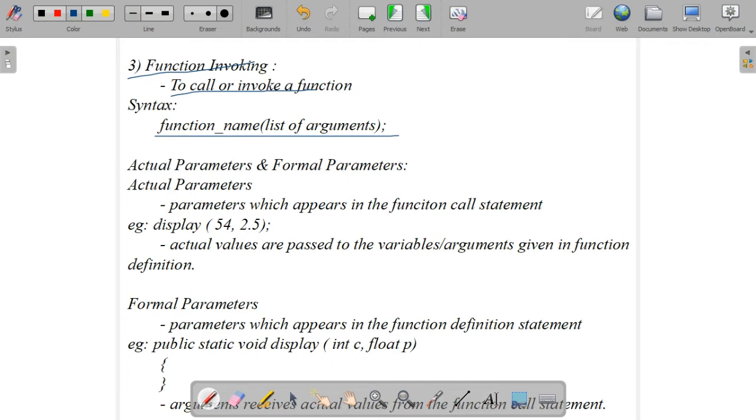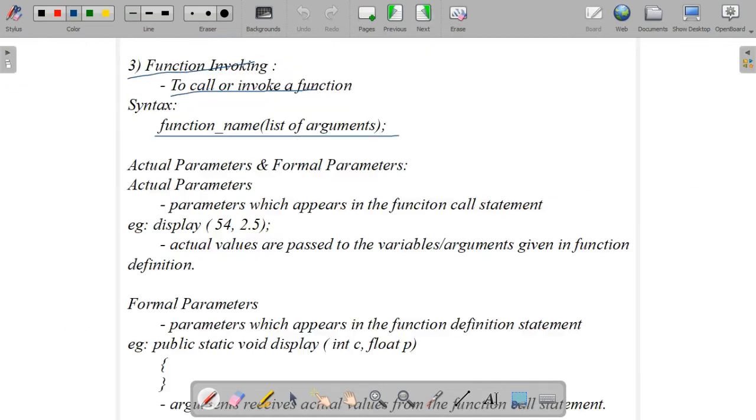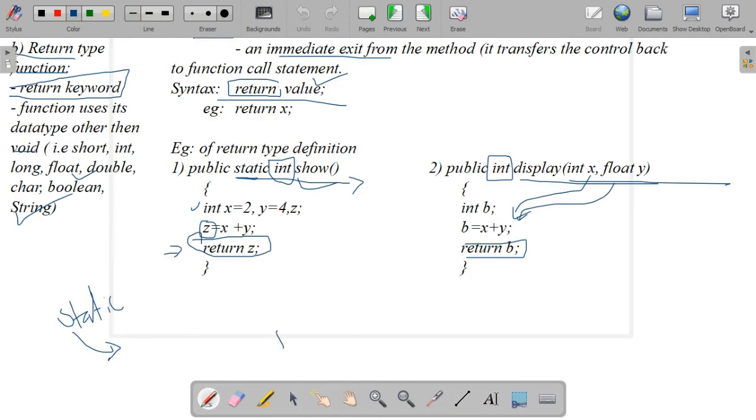Here an example: static int show, int display. How will you call? The function invoking is the function name and the arguments, then a semicolon. So how will you write it here? Show, the function name. No need to write any data type or anything. Show, brackets, semicolon. So this is for the non-parameter case.